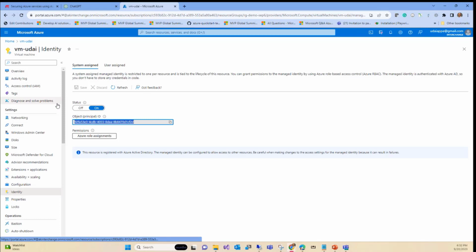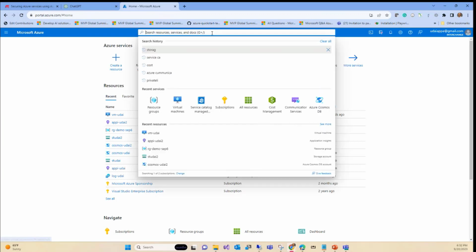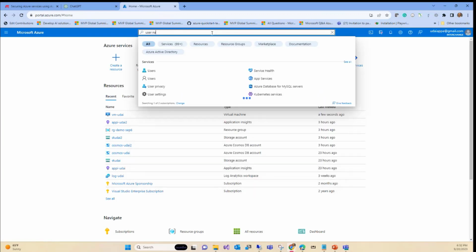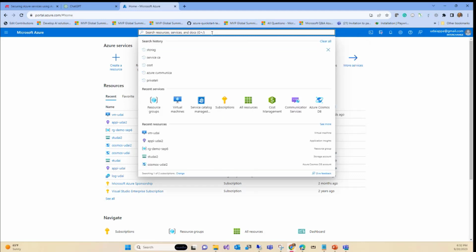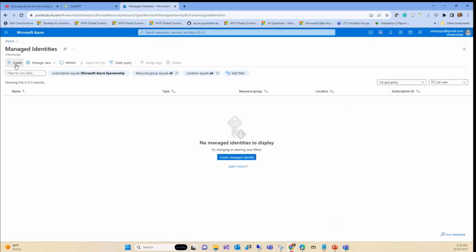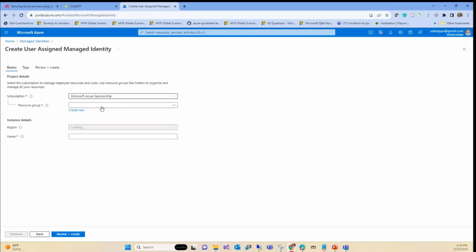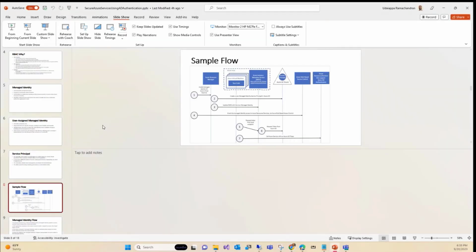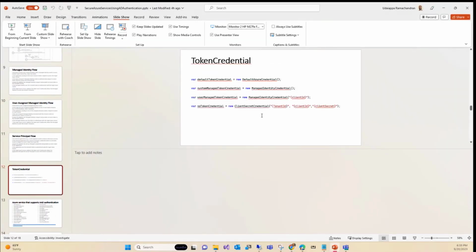All right, so now how do you create the user managed identity? You can go here, user managed identities, and then you create one, define the group and give the name. At the end of the wizard, it's going to give you the GUID, and you use that GUID to connect. But how do you refer to it from the code? In the code, you put that GUID over here, and that's how it resolves.